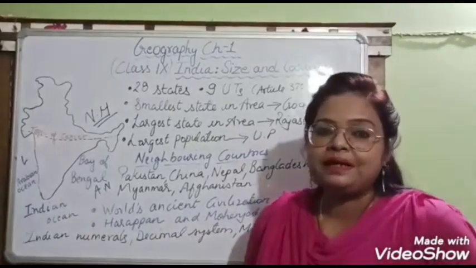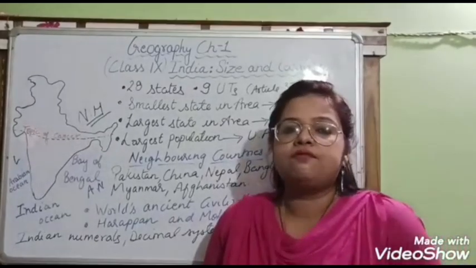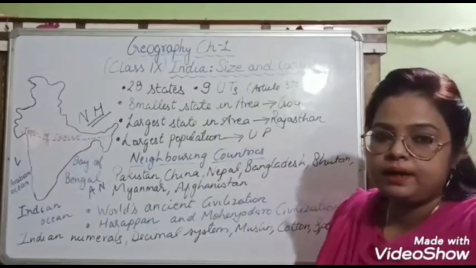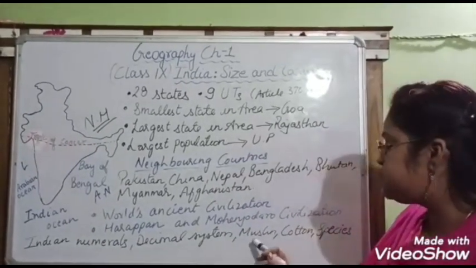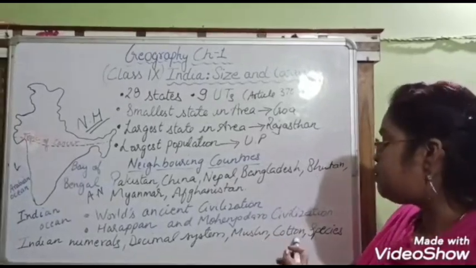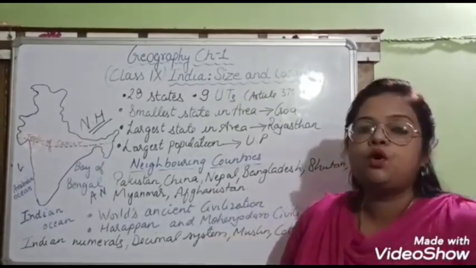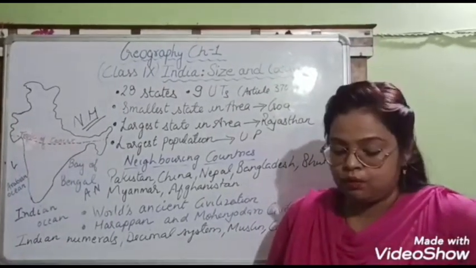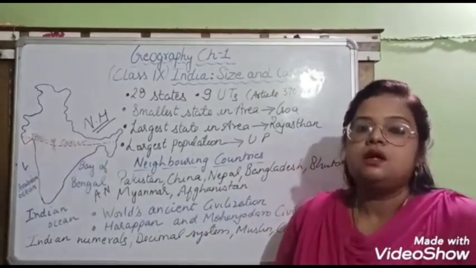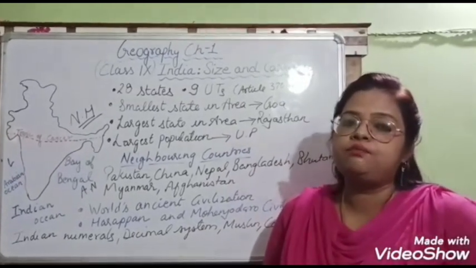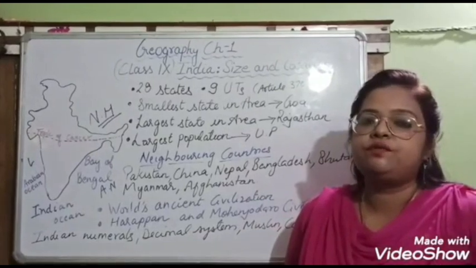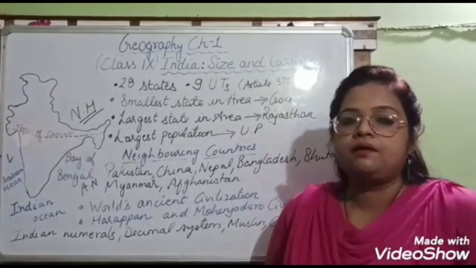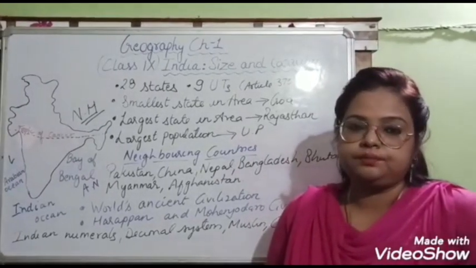And previously, when the British came to India, they came only for our Indian muslin, cotton and spices. India was invaded and made into colonies for these items. So I have told you all the important points about India's location in the world, the time zone, the climate, the neighboring countries, and the other important things we should know about the Indian continent. So this chapter is over, and I will be giving you some questions and answers.